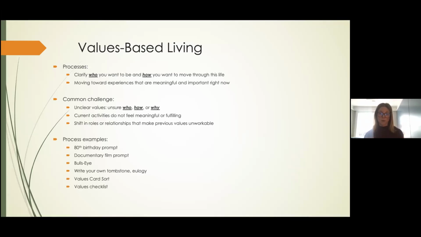And there are lots of different ways to approach values. And so I've given you a list here. This is certainly not exhaustive. If you have an ACT text, or if you want to poke through some of the resources I provide at the end or in the previous workshop, there are going to be a number of different ACT strategies that you can use, but they're all helping someone think about themselves in a little bit of a different way. Who do I want to be? And how do I want to experience myself in the world?